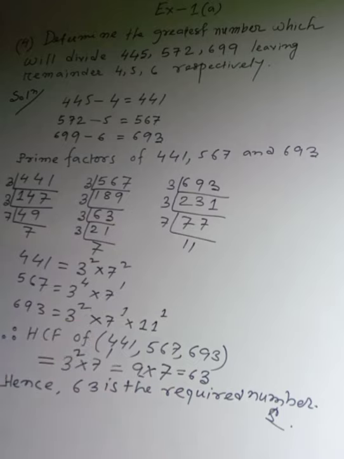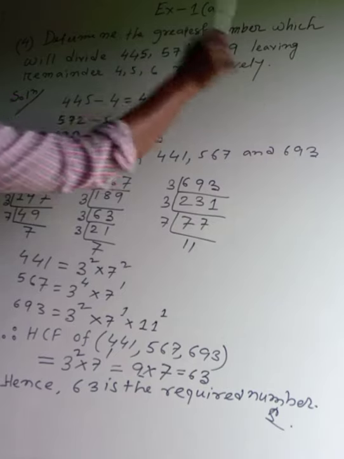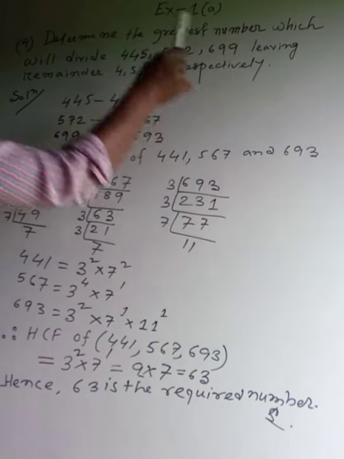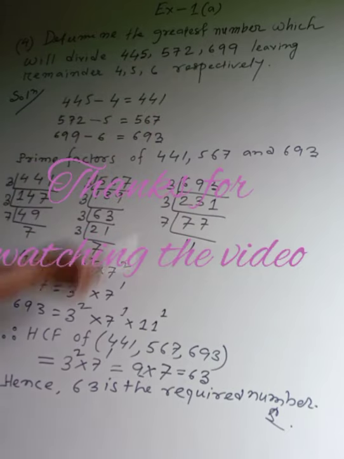Then this final HCF will be the greatest number which will divide 445, 572, 699, leaving remainder 4, 5, 6